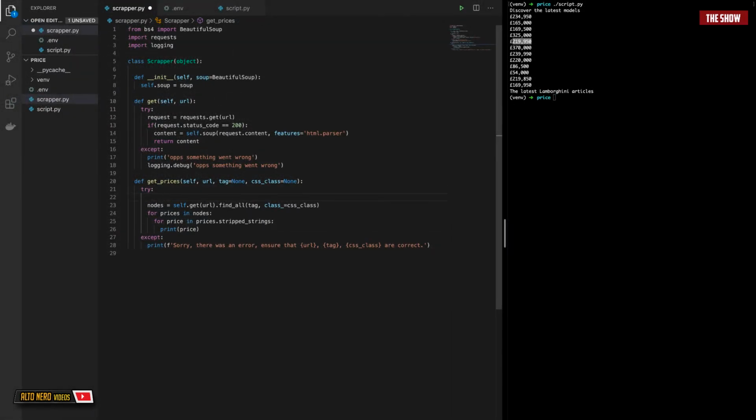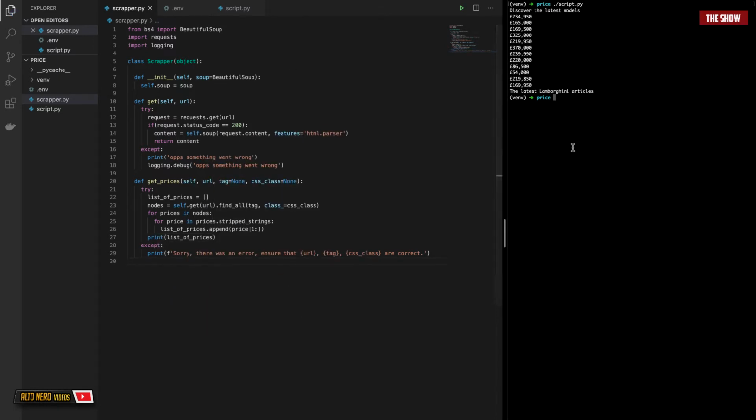I'll create an array called list_of_prices, which will be an empty array. In this empty array, I'll loop through these and say list_of_prices.append. And what would I like to append? I want you to get these prices and get rid of the first element for each of them, so I'll pass it 1 and say just get rid of the first element and give me the rest. And for the rest that you give me, I would like to replace all these commas with nothing. Let me show you what gets returned. For now, let me print list_of_prices right here. If I run this again,